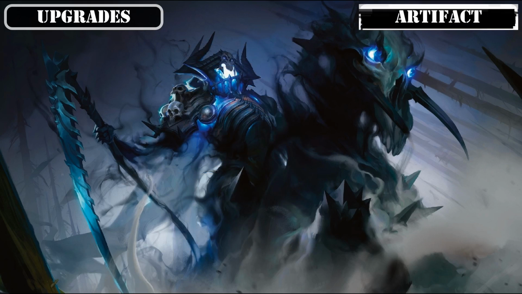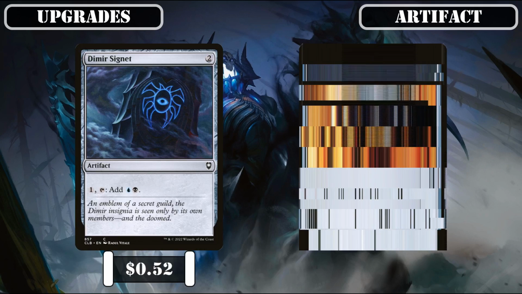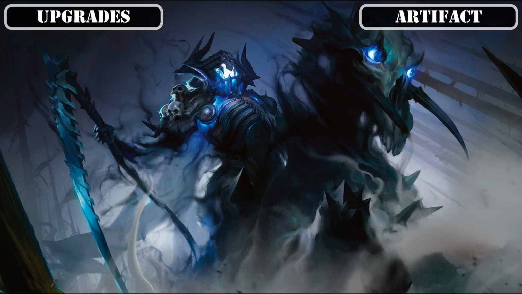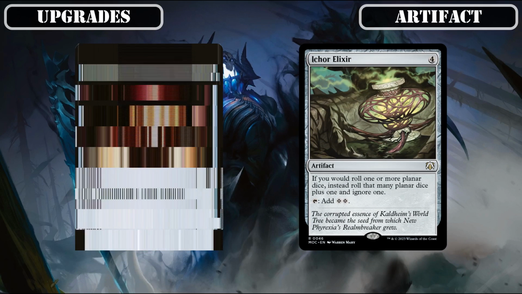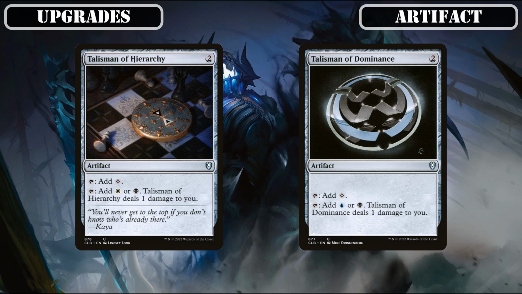Then proceeding to our artifact upgrades, we'll start off by overhauling our ramp package completely to make it as efficient and as reliable as possible, with the colorless Mana Rocks Fractured Power Stone and Mind Stone being scrapped in favor of Dimir Signet and Azorius Signet, whose colored mana production is much more significant in this 3-color build over their predecessors, the overcosted Rocks Commander Sphere and Ichor Elixir being shelved to make room for Talisman of Hierarchy and Talisman of Dominance, which are cheaper and still provide us access to colored mana, which is critical in the early game